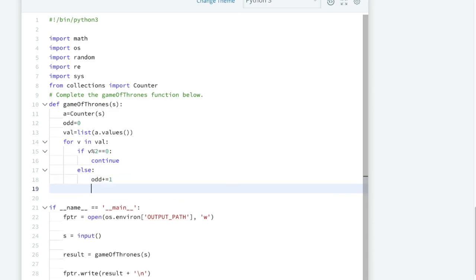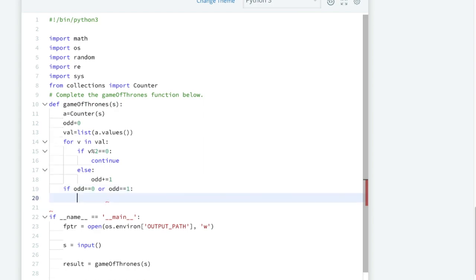Now we will check if odd equal to 0 or odd equal to 1. If my odd is 0 or odd is 1, then we are able to make the palindrome.